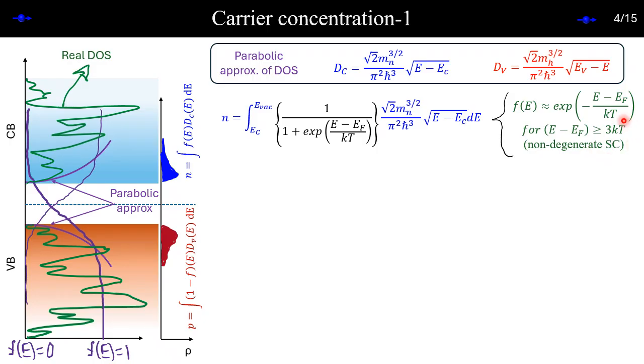You will appreciate this only when you compare this approximated result with the real simulated data. You just need to simulate it numerically. A homework problem will be given for that. Then we just consider E minus EC as eta, some constant. This is how you do the integration, so I don't need to explain it. Different constants will come outside of the integral, and whatever important things we have will be inside this integral.